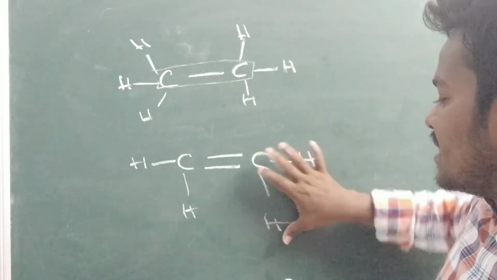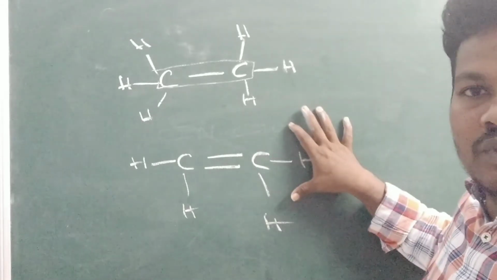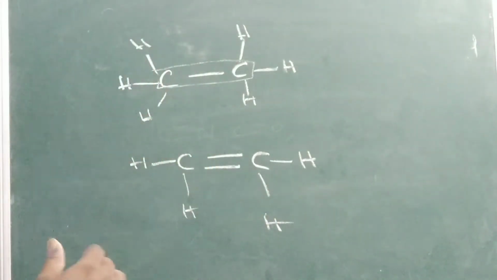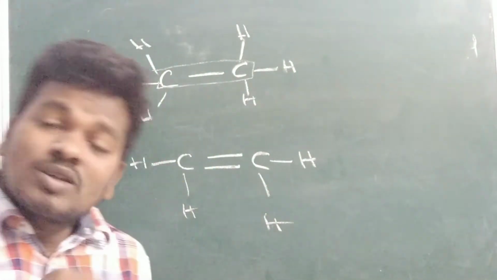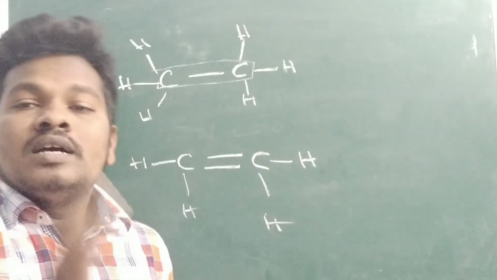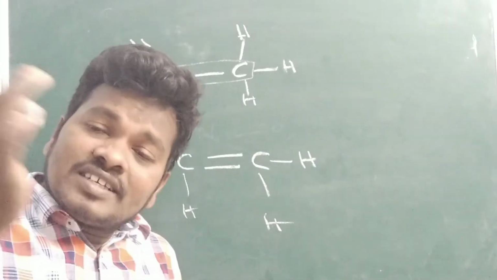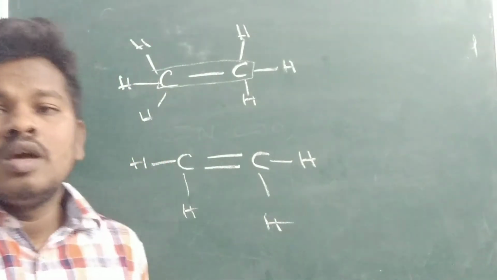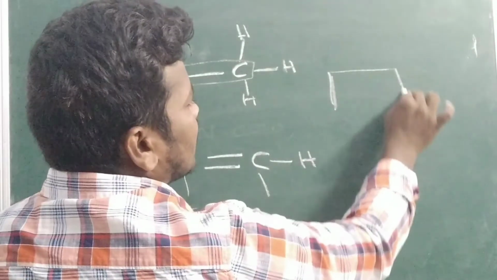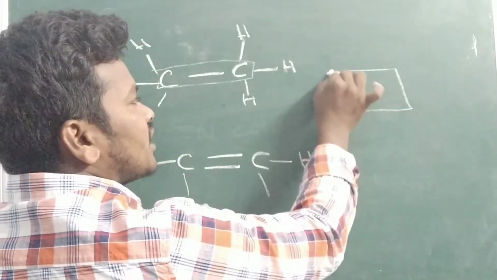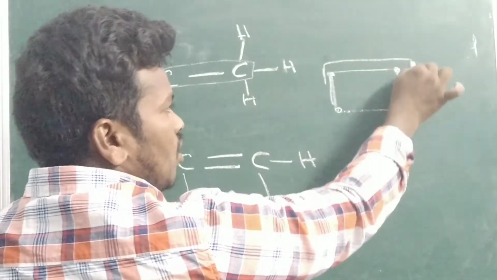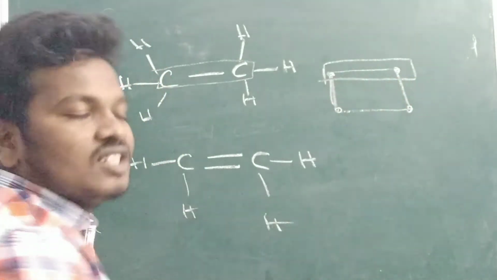But here, when it comes to the double bond, it is very difficult to rotate. If you try to rotate the bond, automatically the bond will break. That is called restricted rotation. Restricted rotation is exhibited when a double bond or triple bond is present. With a sigma bond, only free rotation is possible. You can take the ring example we discussed in the first rule here. For example, carbon, here 4 carbons are there. By holding these two carbons, can you rotate them?